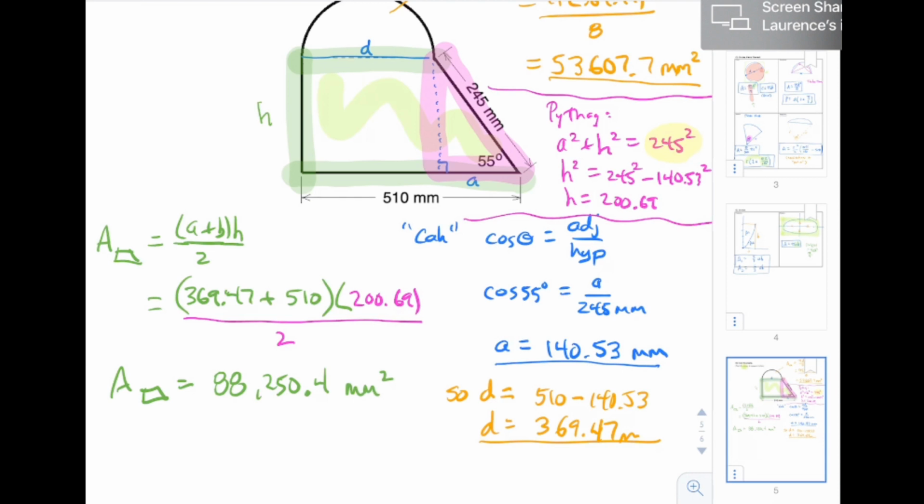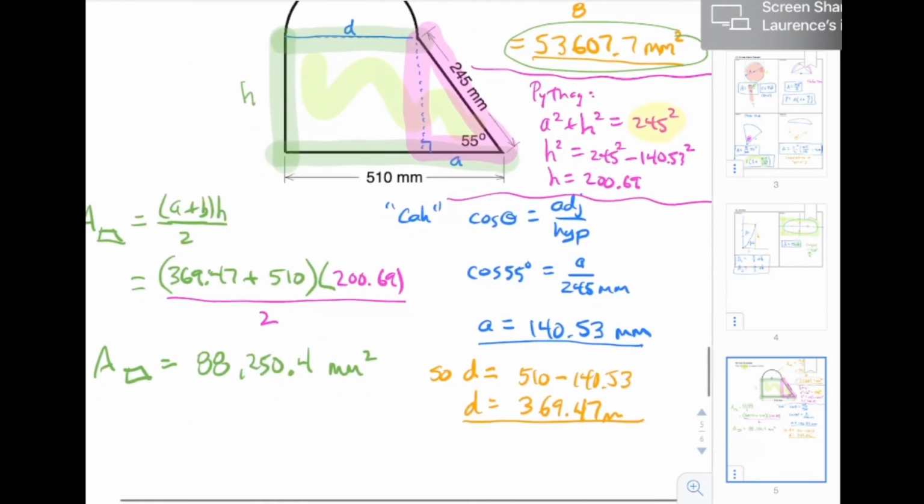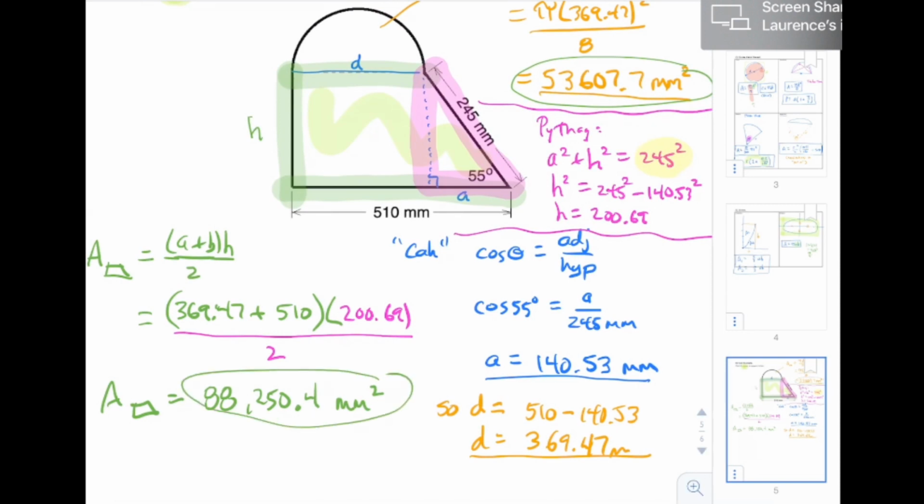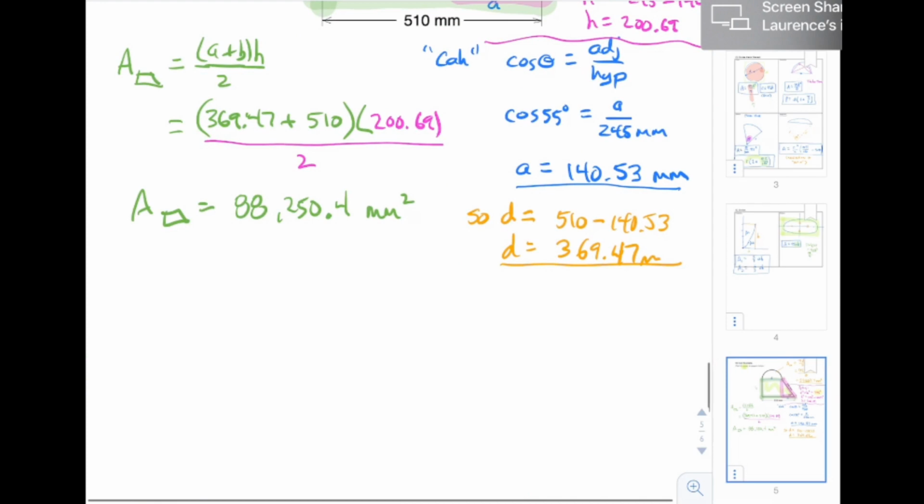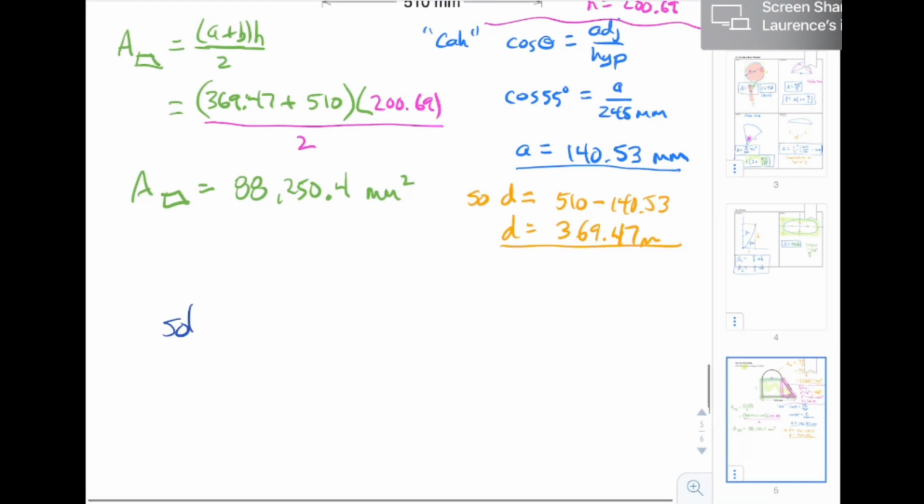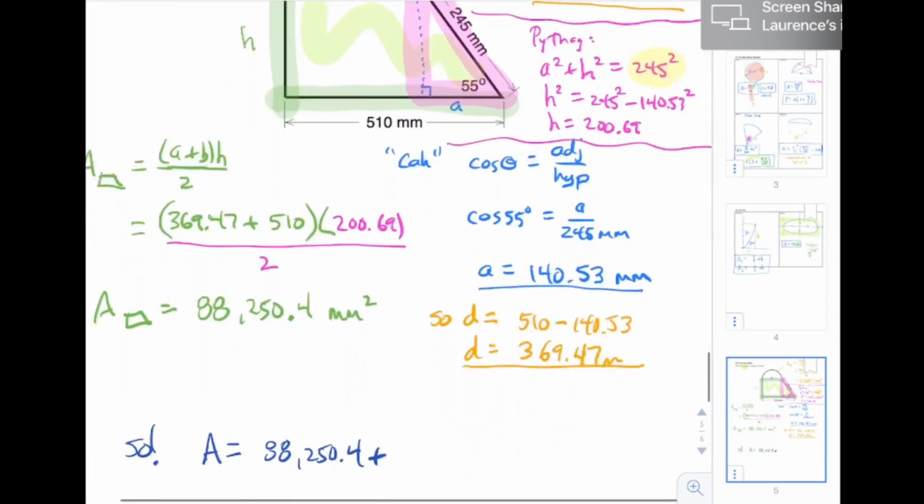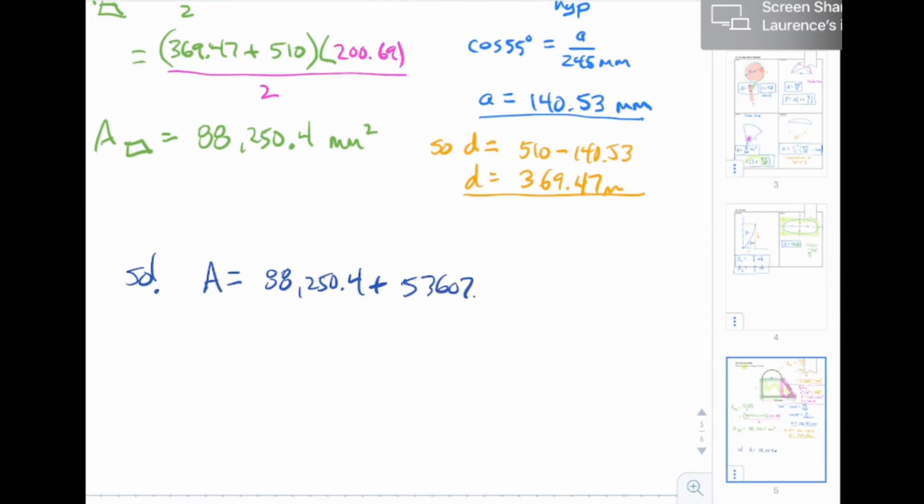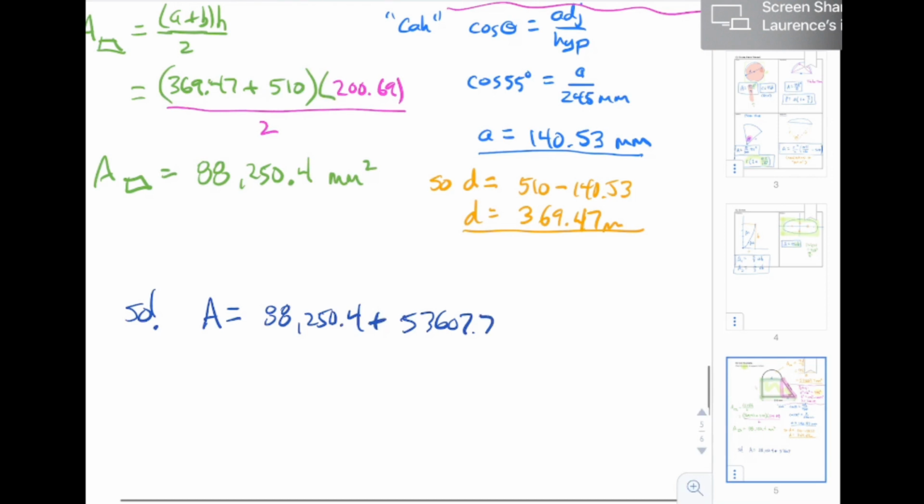So we had 53,000 square millimeters for that, and this is 88,000 for this. I guess that makes sense. You expect the bottom to be rather bigger than the top. Anyway, the full area is going to be, to multiply these things together, what can I use for a color now? That one right there. So, area equals, add up the 88,000 to 250.4 and add up the 53,607.7. You end up with